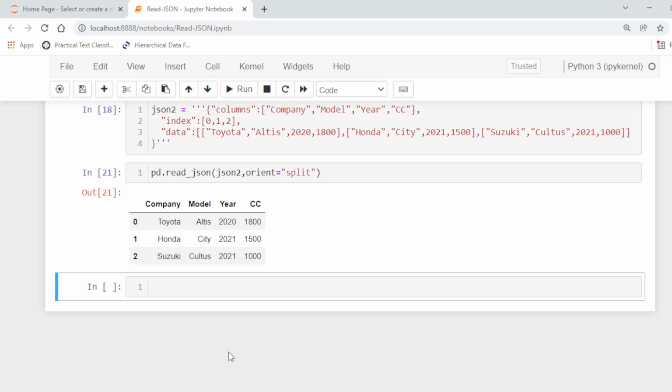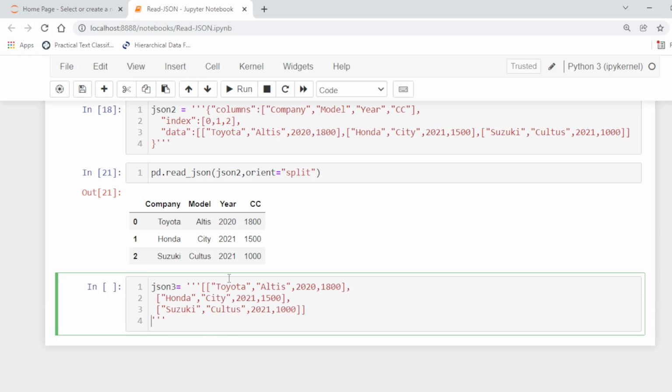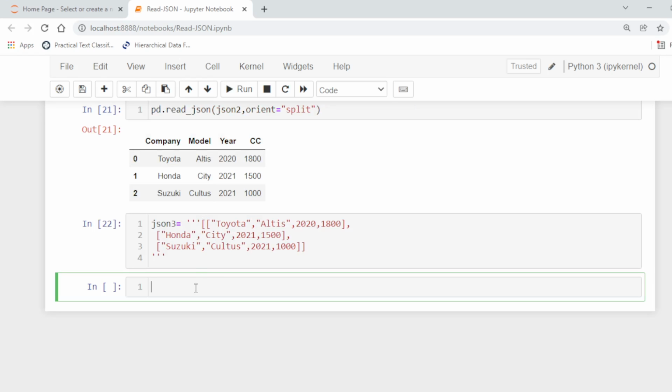So if we use, for example, this format json3, in this case we will use orient equal to values.